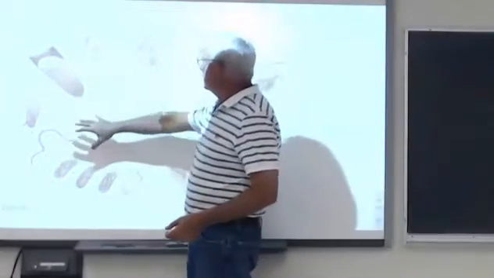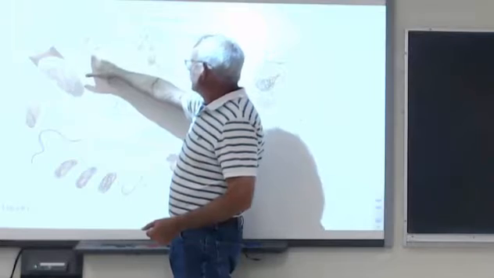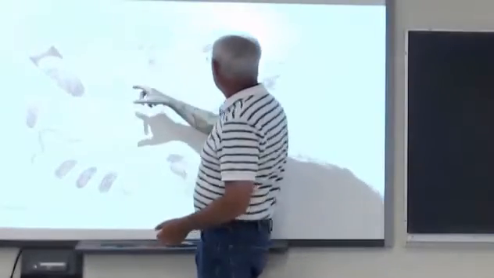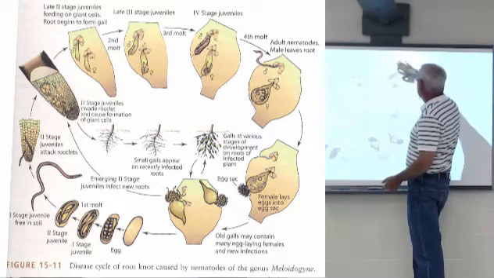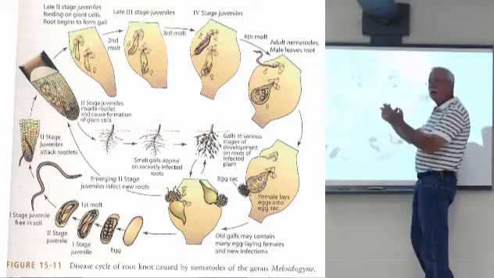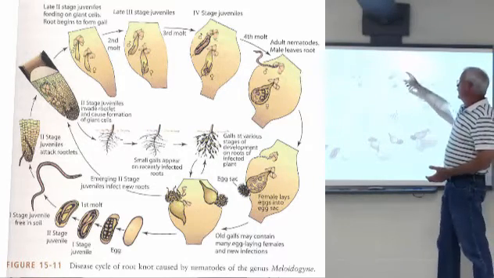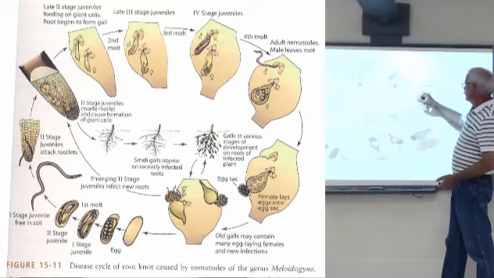Again, once it starts feeding, the worm-like juvenile begins to swell to form the sausage-shaped juveniles. Also, the tissue begins to swell due to hyperplasia and hypertrophy, the excessive cell division and growth of cells. Then you get a gall formation around the nematode. The females remain embedded within this gall, feeding on these enlarged cells